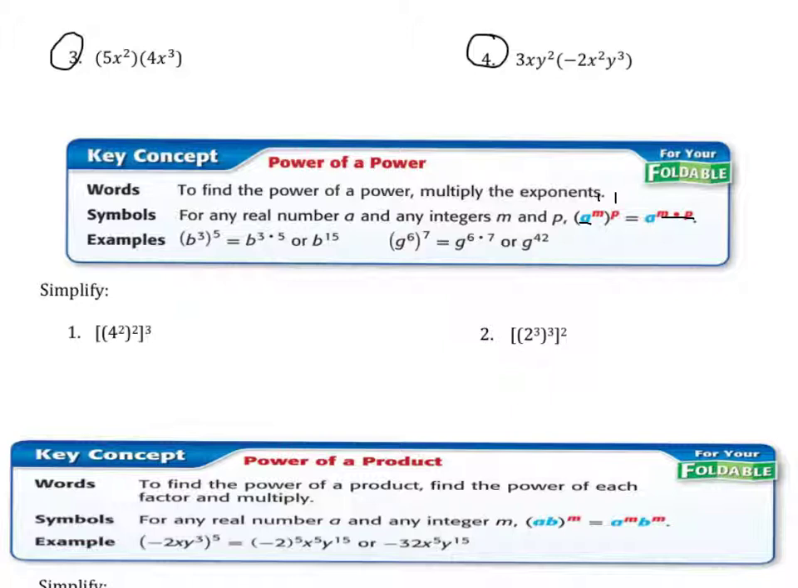Okay, so let's look at our example number 1, and we're going to simplify that. We've got the number 4 squared, and all of that is raised to the second power, so that is going to be multiplied by 2. Then all of that is raised to the third power, so we multiply that by 3. Then we simply multiply each of those out. 2 times 2 is 4, 4 times 3 is 12. And that will not be our final answer